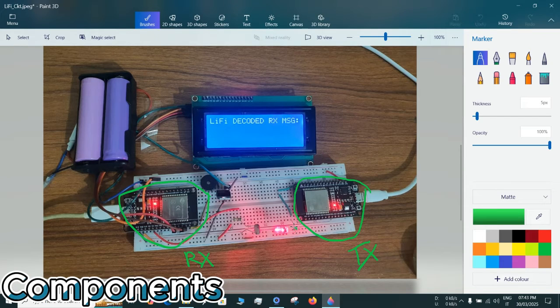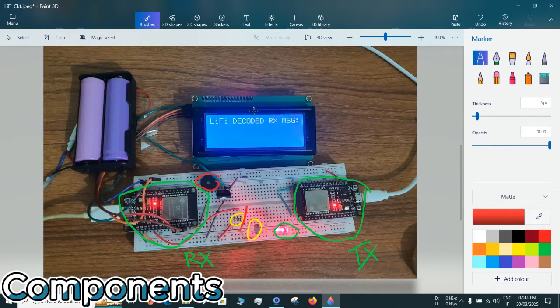At the transmitter, I have used an LED that will be transmitting the light pulses, and at the receiver end, I have used the LDR. I have used a 10K LDR, or the light dependent resistor, also known as the photoresistor, with a voltage divider network. That means it is connected in series with another 10 kilo ohm resistance, and the voltage is taken from the common points. In order to play the Morse code, I have used the buzzer module, as you can see here,